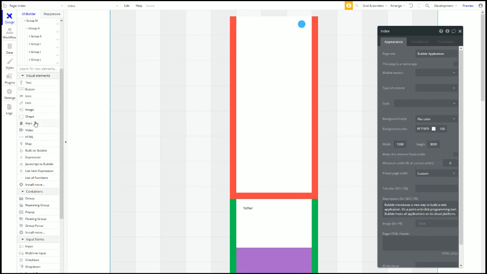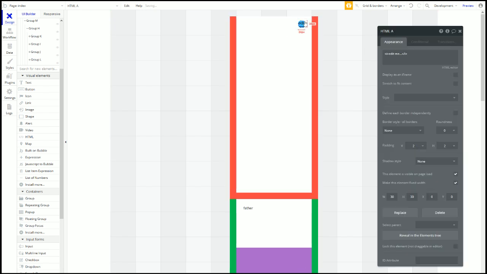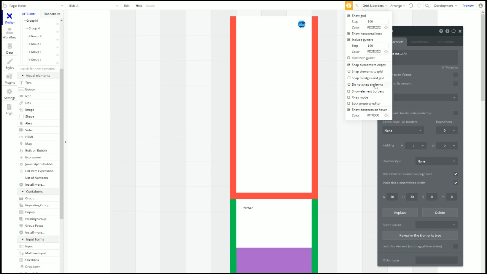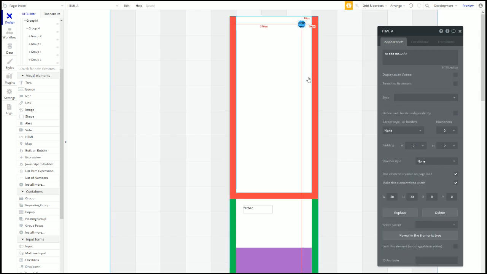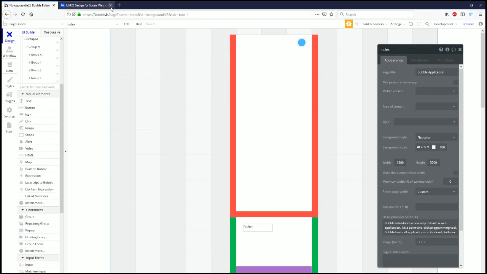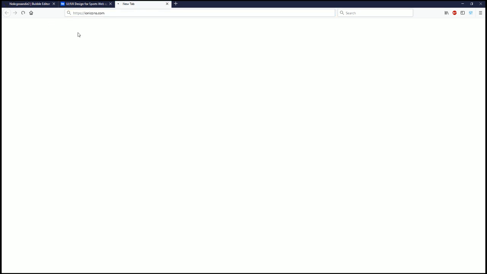Next what we're going to do is grab an HTML element, throw it in there, and drag it out. I don't know why the editor all of a sudden started hiding my borders. So we're going to actually show them. Perfect. So here we have an HTML, and we can actually just stick some SVG in there. So we're going to go to Ionic Icons, and when it loads,